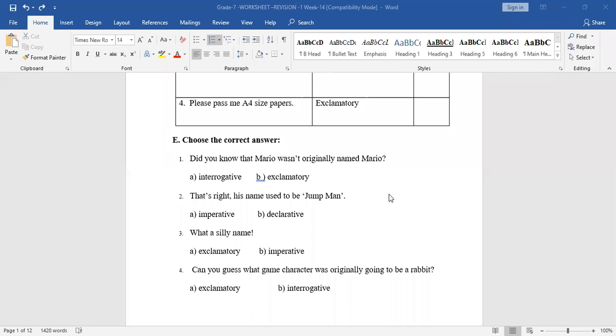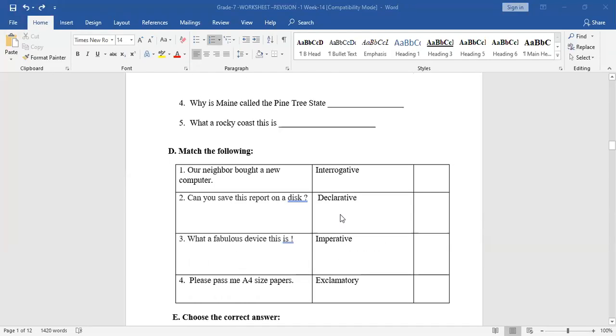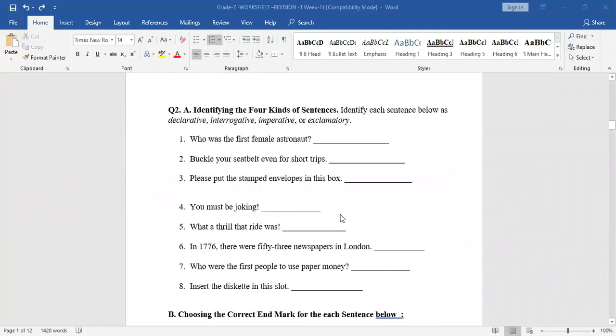Teacher, is that a fact or opinion that you wrote? Did you know that Mario was originally named Mario? What about the second opinion? You are talking about a fact and opinion exercise? Yes. Oh, okay. But no, that would be kind of difficult, so that's why I have included only these things. So that you can easily do it.